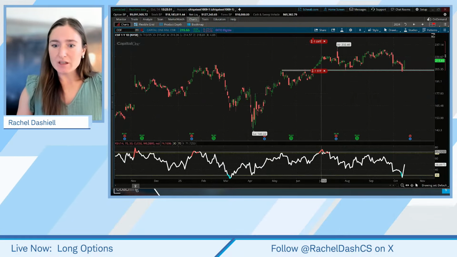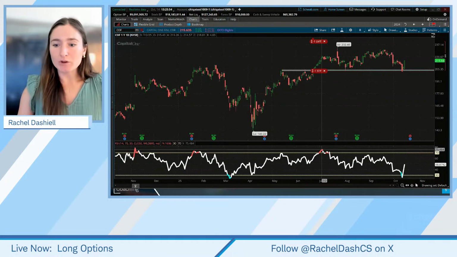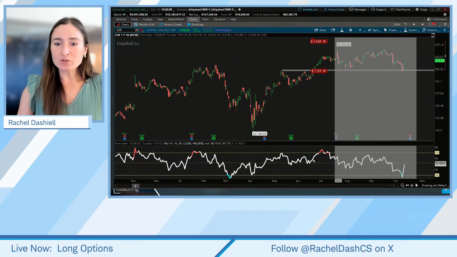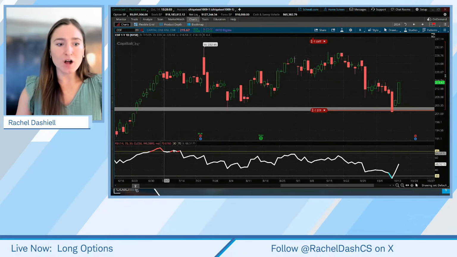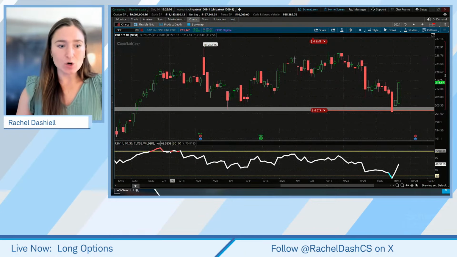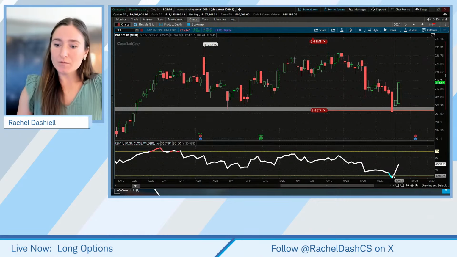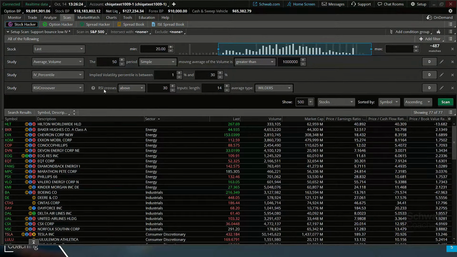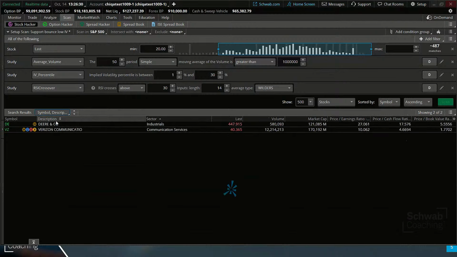When that crosses above the 70 line, it's considered overbought. When it crosses below the 30 line, it's considered oversold. But the signal for a lot of traders doesn't come until it crosses back below that line on the overbought side, and doesn't give them a signal until it crosses back above that oversold line. So I was looking for a signal, maybe a support bounce, of RSI crossing above 30 coming to the upside. So I'll hop back over to the scan, and I'm going to say RSI crosses above 30, searching for a support bounce. Now that gives us a couple different results there.